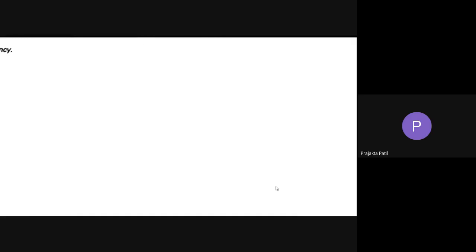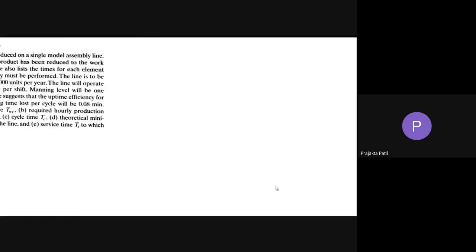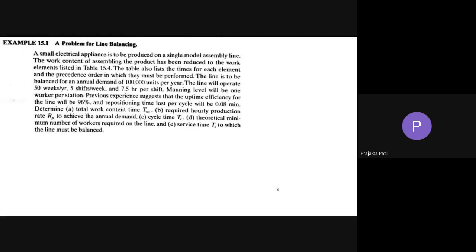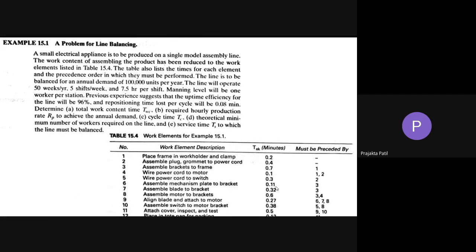Okay, so moving on to the first problem on line balancing. Can you see the table? 15.4 work elements, for example, 15.1. The last part is cropped out of the screen, the 12th line is not visible.